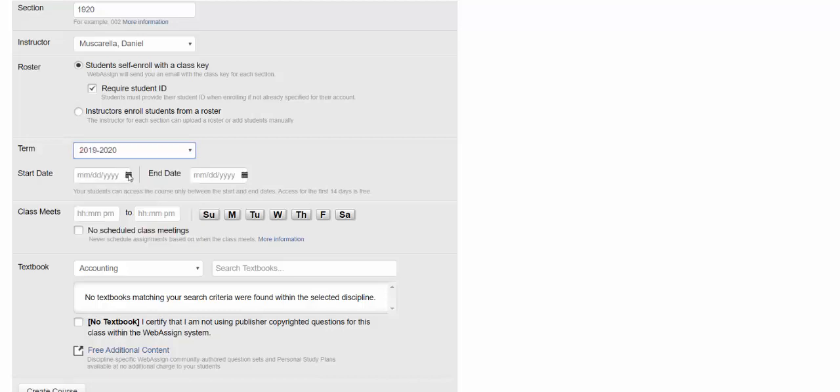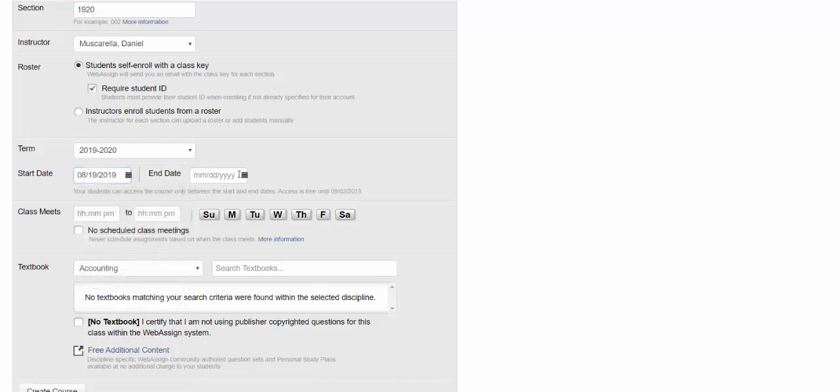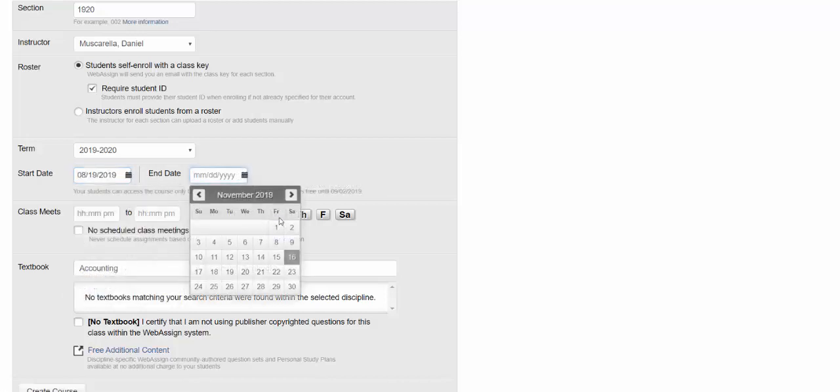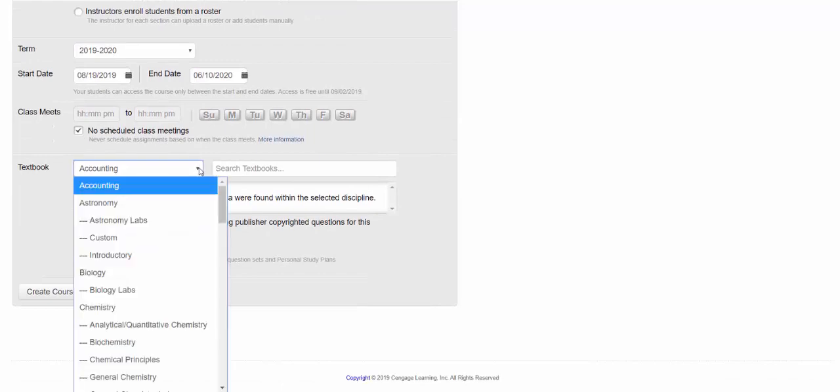And then the start date, so this year's school, I'm just going to select the 19th, and then the last day of school for the 1920 school year is, let's see, that is June 10th. So June 10th is when that goes. Now, down here where the class meets, you're going to select no scheduled class meetings. Now for the textbook, you're going to click on that drop-down menu, and if you hit M,